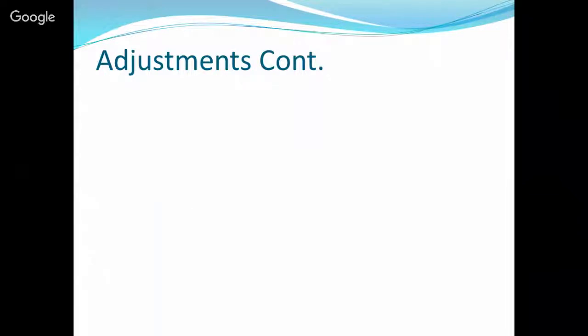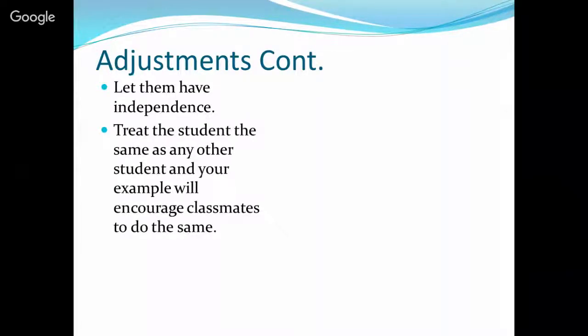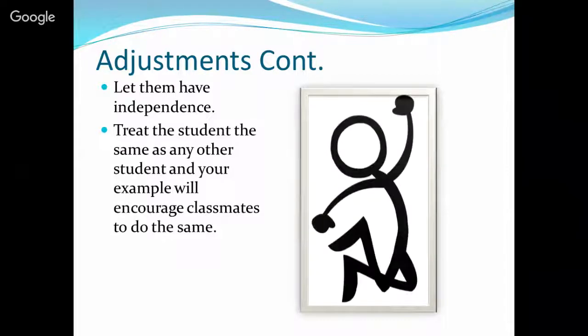And there's a couple other things we can do. We can just let them be independent. They're students. They can be strong. If we continually give them things, they'll develop a learned helplessness and they won't be able to function as adults. And I think the most important thing is this last one, is to treat the student the same as any other student. And as you do that, the other students will begin to treat their classmate as just a regular classmate, and they won't think of him or her as anyone different. They'll just include them and ask them for things. And so you're setting them up to succeed and not to fail, so that they can be contributing members of society.